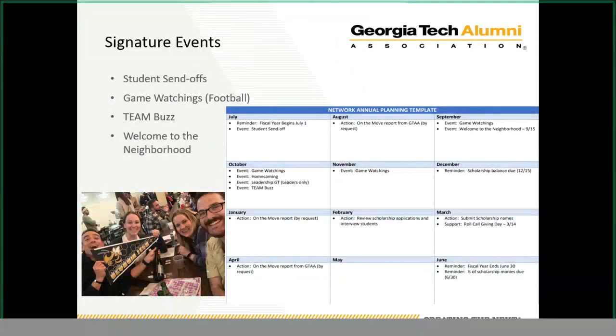So here it is. We're giving it to you. You can replace that top text with the name of your network and the calendar year, and this is a tool that you can go ahead and begin using with your fellow leaders or potential volunteers just to keep you all on the same page and have kind of a guidepost of where you're headed.